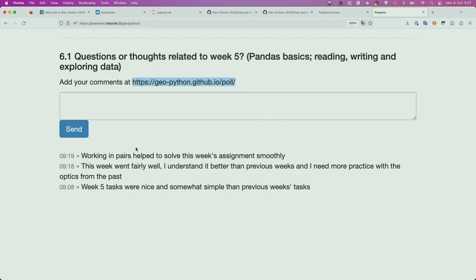Is there any other feedback, maybe from anybody who wants to say anything about week 5 before we continue on to today's lesson? Okay, yeah, well, if that's the case, then I think what we can do is have a look at the